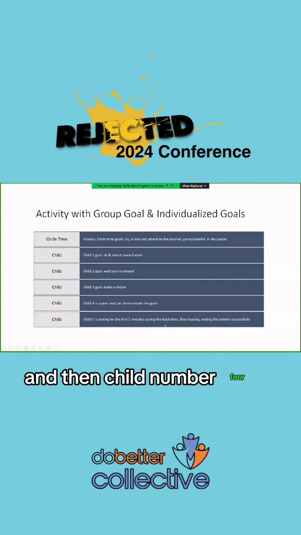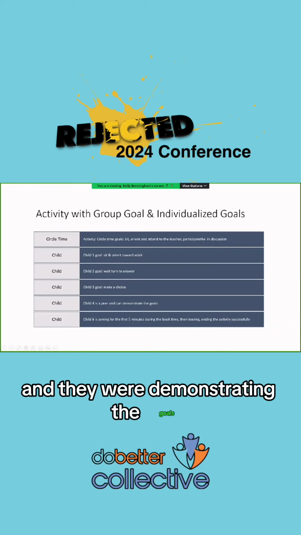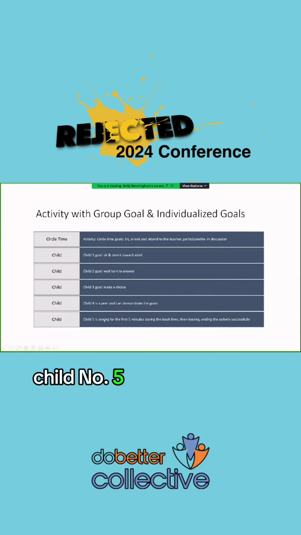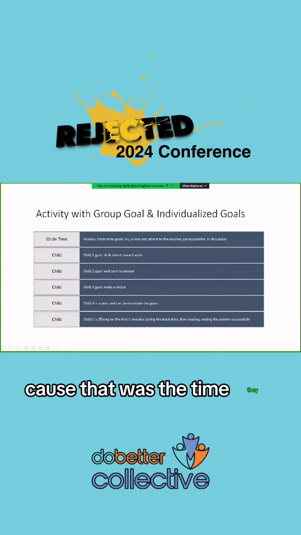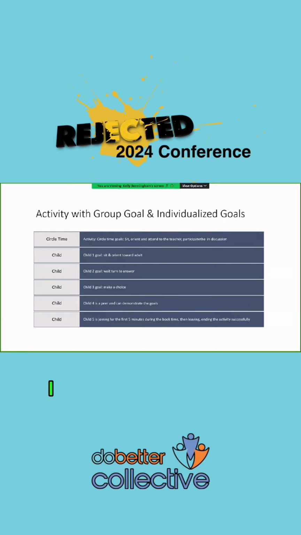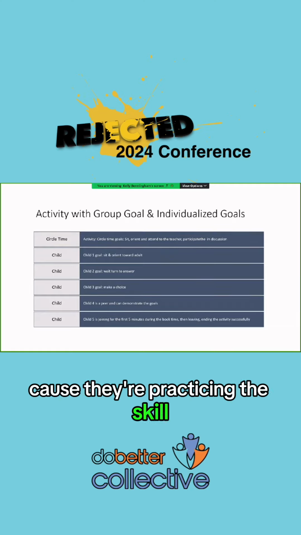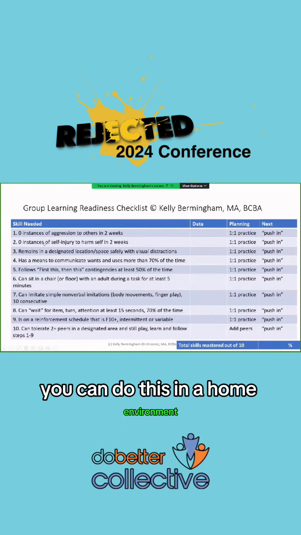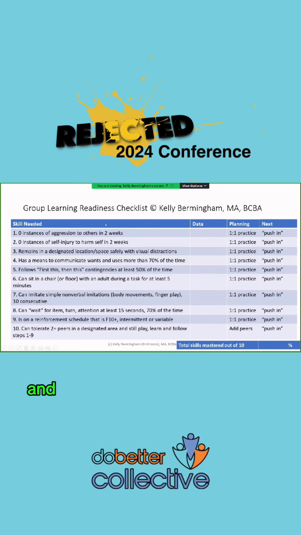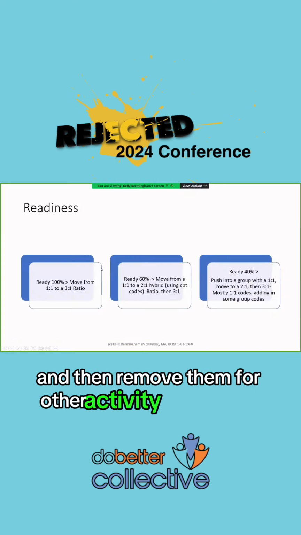And then child number four is actually a peer that was in the group intentionally and they were demonstrating the goals. Child number five is joining for the first 5 minutes during book time because that was the time they were successful, then leaving. This is the push-in child, right? I may have children just pushing in with others because they're practicing the skill and then they're going to pull back out. You can do this in a home environment. You could have a sibling around and you're going to bring them in for some activity and then remove them for other activity. And it really goes